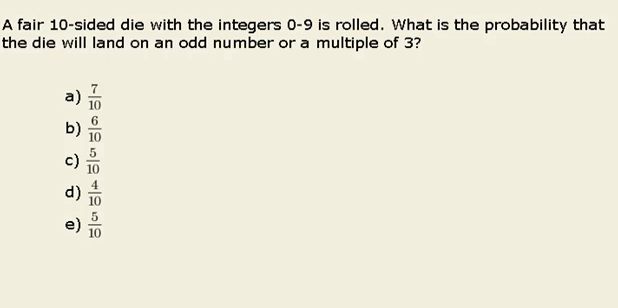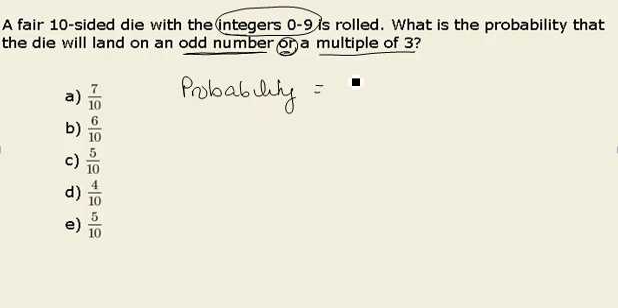In this problem, we are given a fair 10-sided dice with the integers 0 through 9. We want to know the probability that if we roll this dice, it will land on an odd number or a multiple of 3. Therefore, we have to recognize, first of all, that the probability